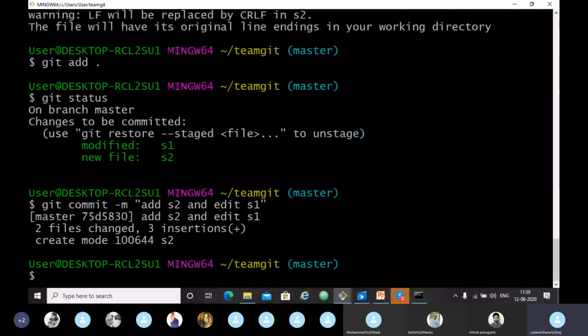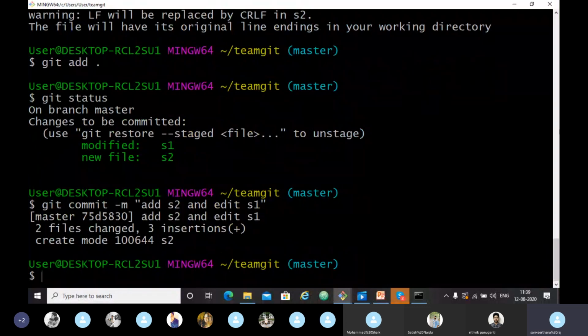Now we made our second commit. See, for this also git gives a unique hash, 752. This is our unique hash for our second commit.